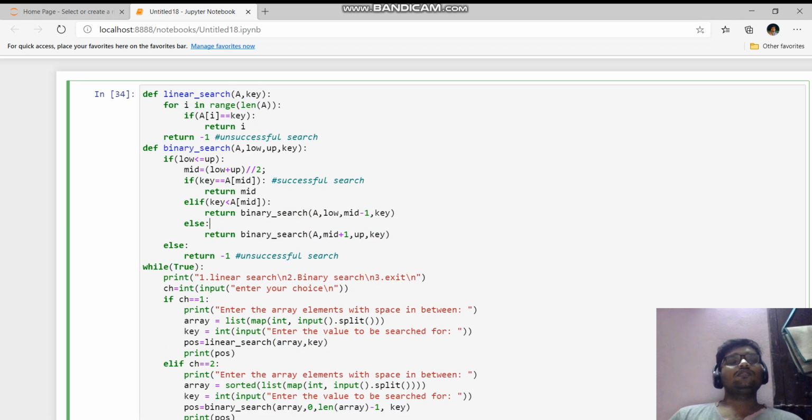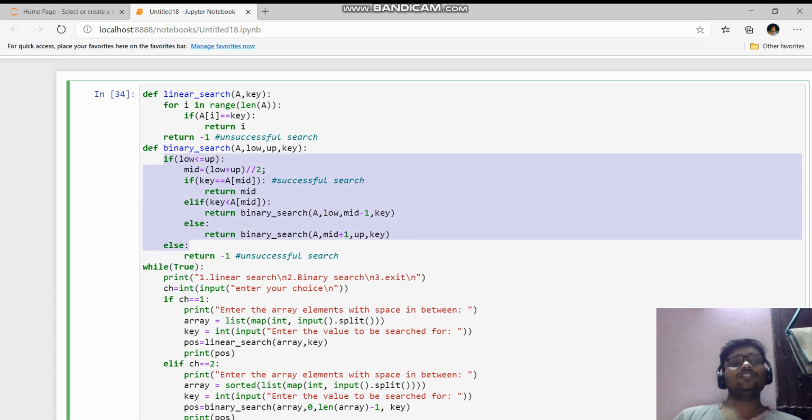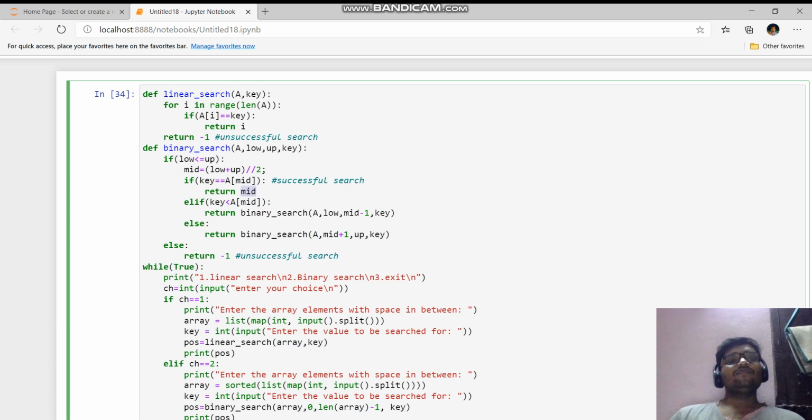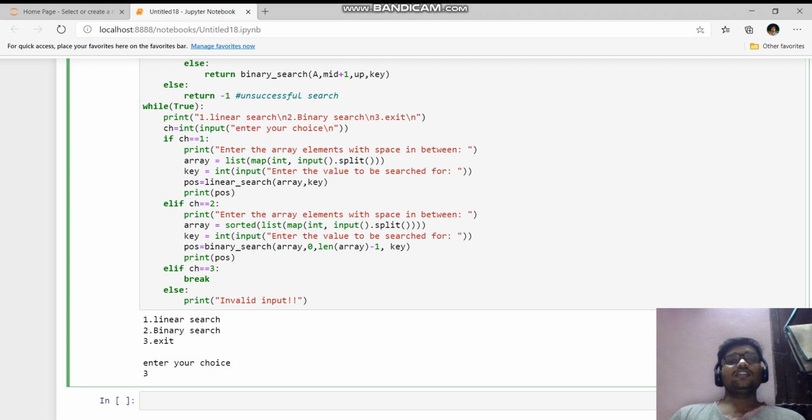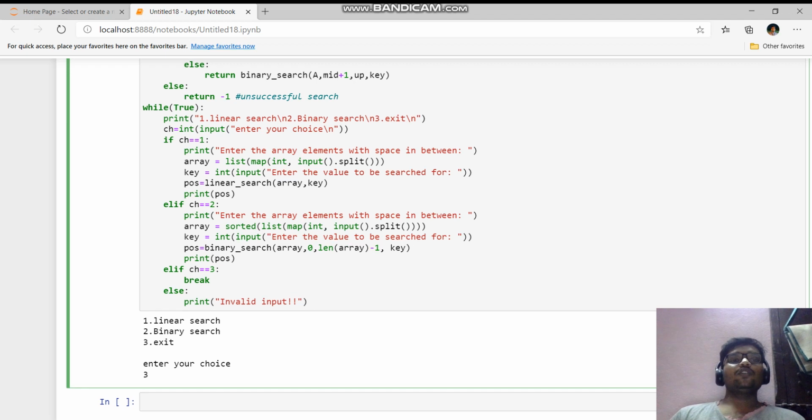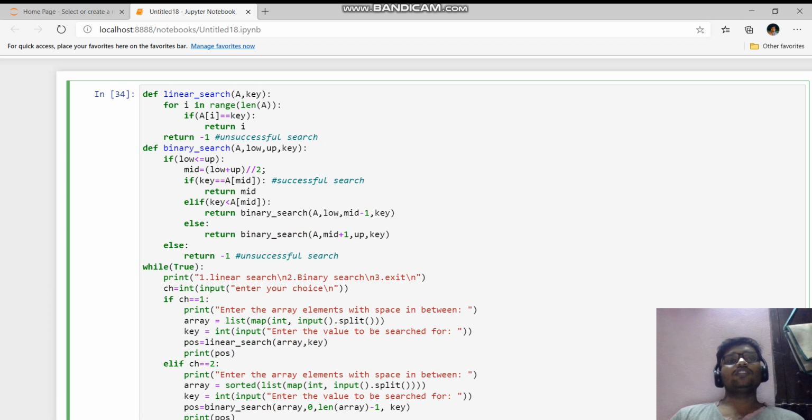Here we are going to solve this binary search using a recursive procedure. The base condition for this recursion is this one: if key equals a of mid, we are returning the index. The main idea here is that we have to pass a sorted array initially. That's why, after getting the input for the array, we are sorting it using the inbuilt sorted method in Python. This algorithm works correctly for a sorted array. It works for an unsorted array also, but the output may be wrong for certain cases. So we have to pass a sorted array to this binary search algorithm.